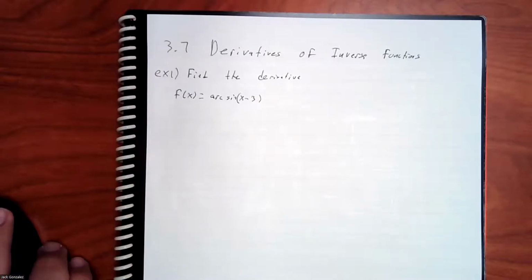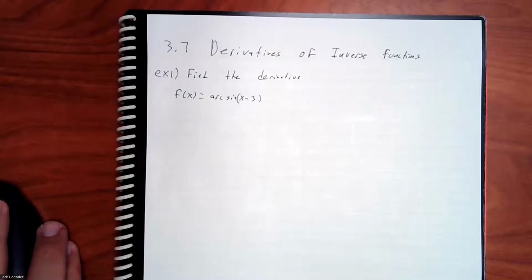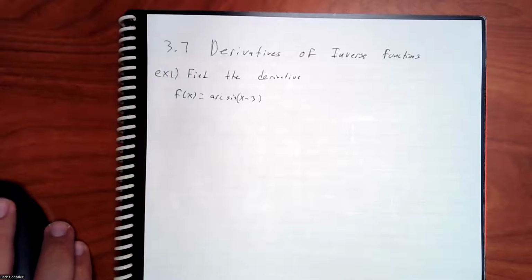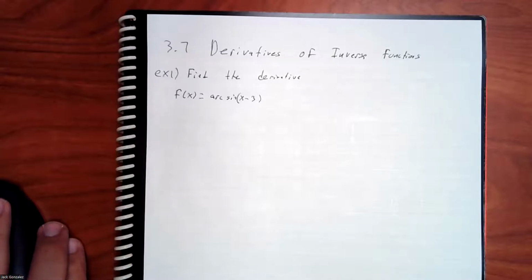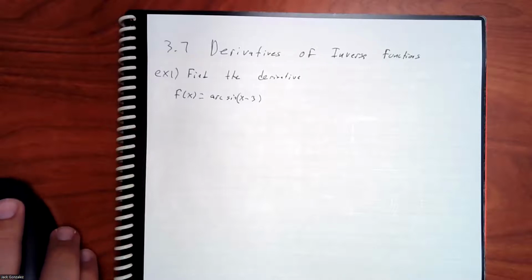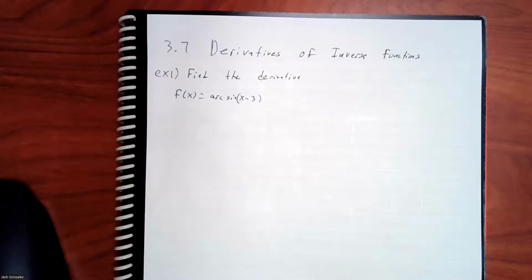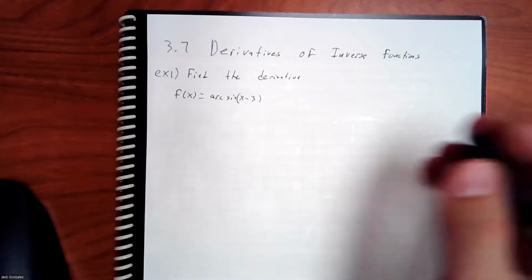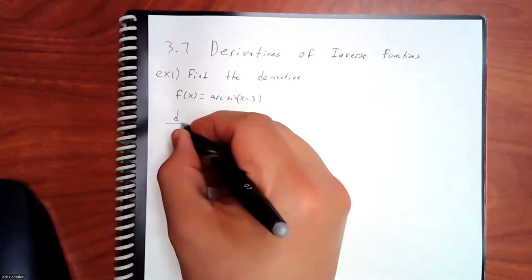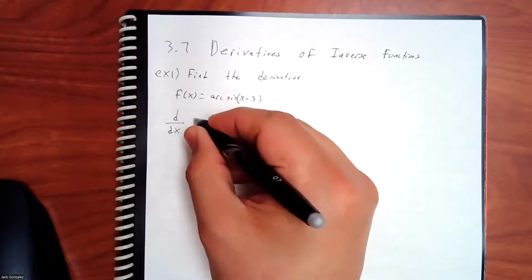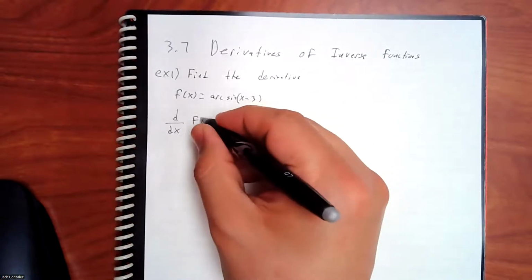So whatever x is in here will go inside the x squared. That's all you have to do. So inside the argument, we have x minus 3. So the derivative with respect to x is equal to